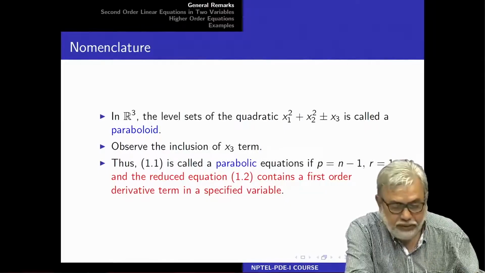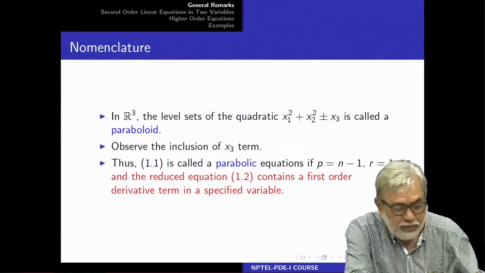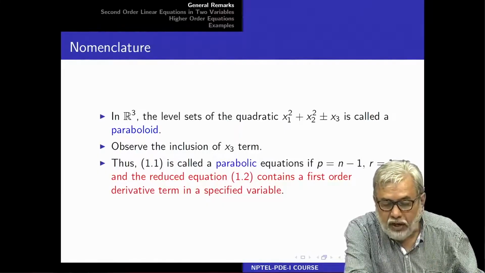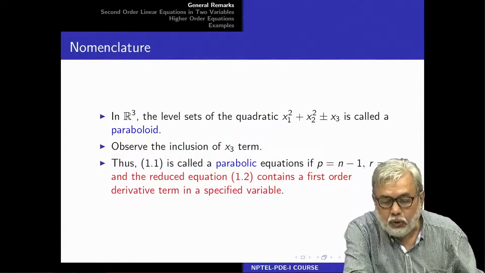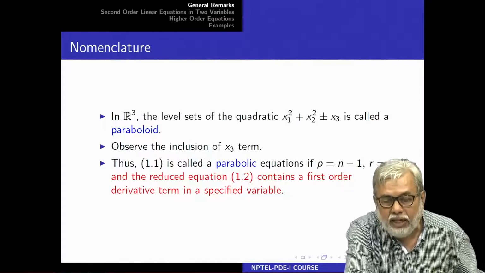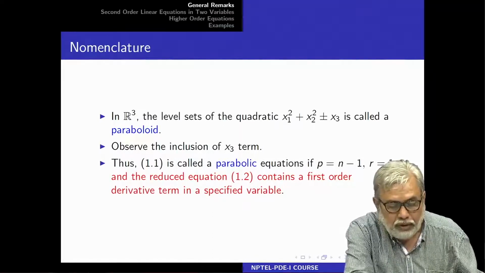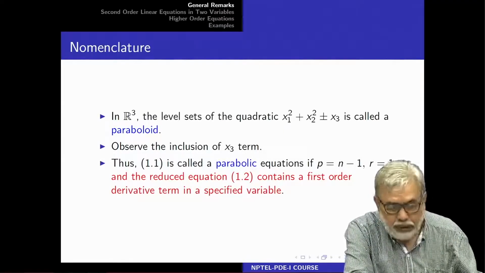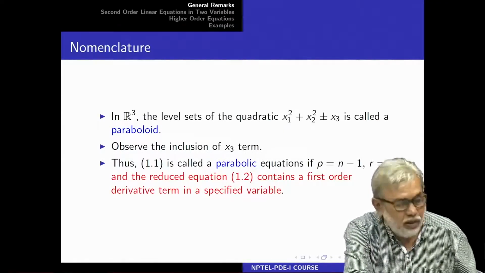That is important. Just like for the paraboloid, the linear term should be in x 3 and not x 1 or x 2. The same thing should happen for the reduced equation, then only we call it parabolic,